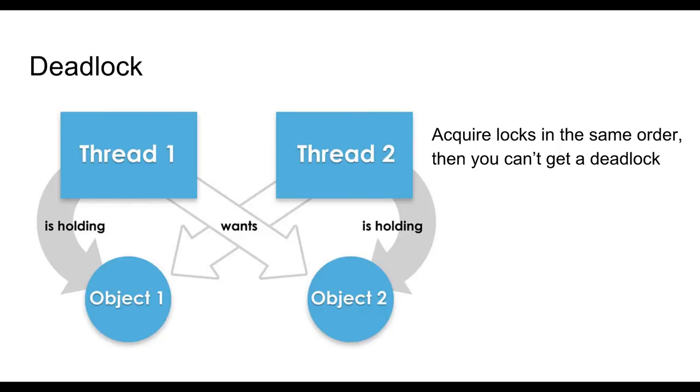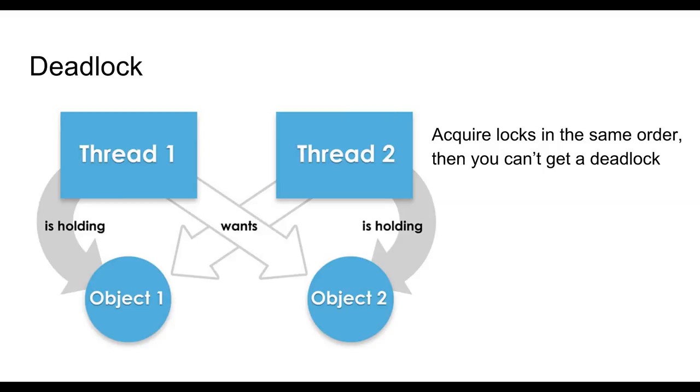As we can see, the deadlock model looks like an impact of interest. Thread 1 is holding object 1, and for the next step wants to get object 2 in its hand, but thread 2 wants the same thing vice versa, and that's how we have a deadlock situation over here. As I said before, if we get into a deadlock situation, we can't get out of there.